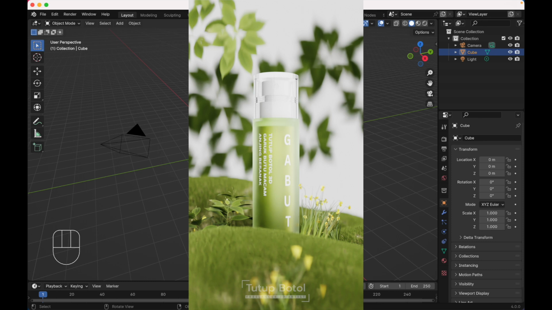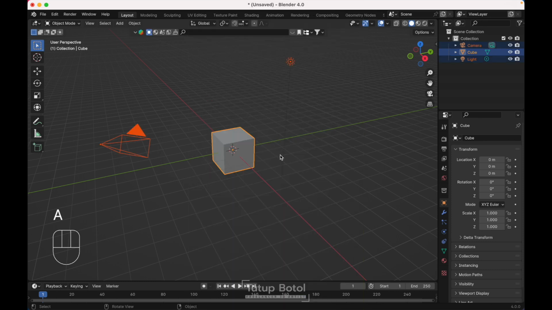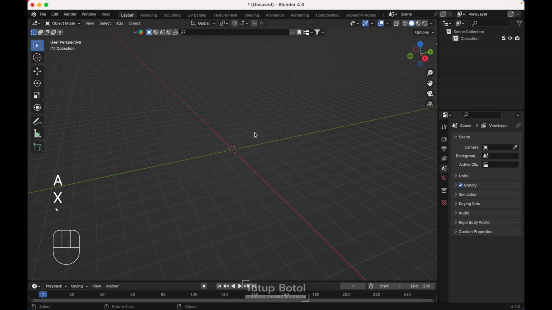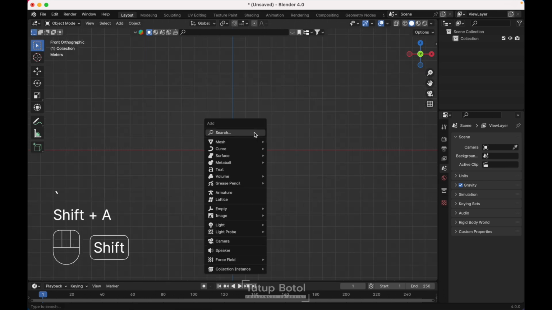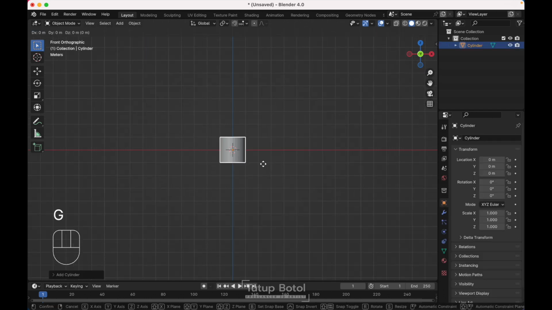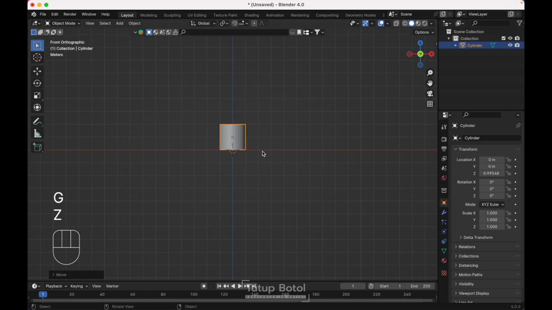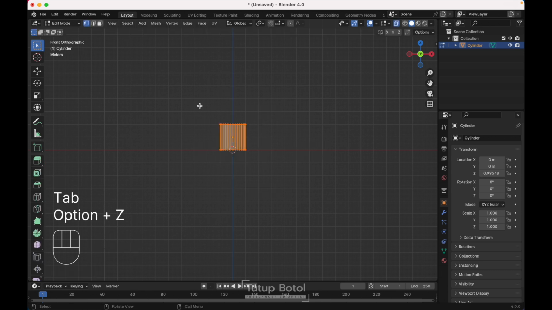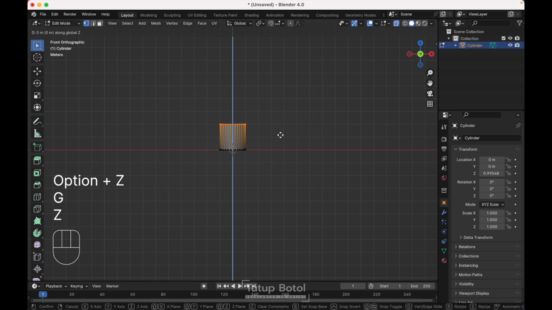First, open up your Blender, new file, general, press A to select everything, X to delete, go to the front view, let's press Shift A, add a cylinder, press G Z, move your cylinder up here. Tab to the edit mode, Alt Z to see the X-ray view, select all of these vertices, G Z, move up your cylinder like this,